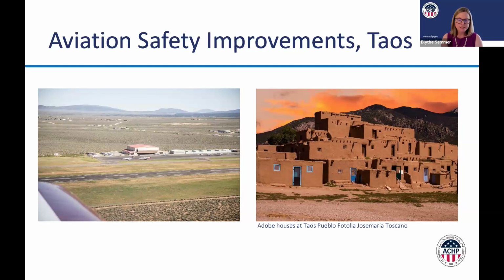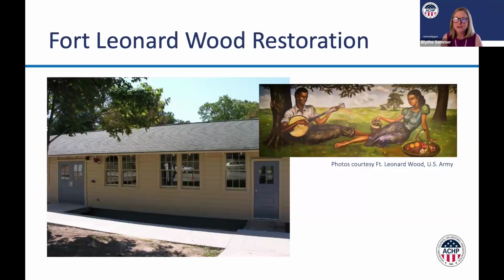So that MOA represents an unprecedented effort by FAA to voluntarily restrict overflights because of the effects to a historic property of exceptional international significance. And while that project is not necessarily one that would be typical of your everyday Section 106 review, there's a whole range of others, of course, happening all across the country. And many, as I said, result in no adverse effect to historic properties like this one at Fort Leonard Wood